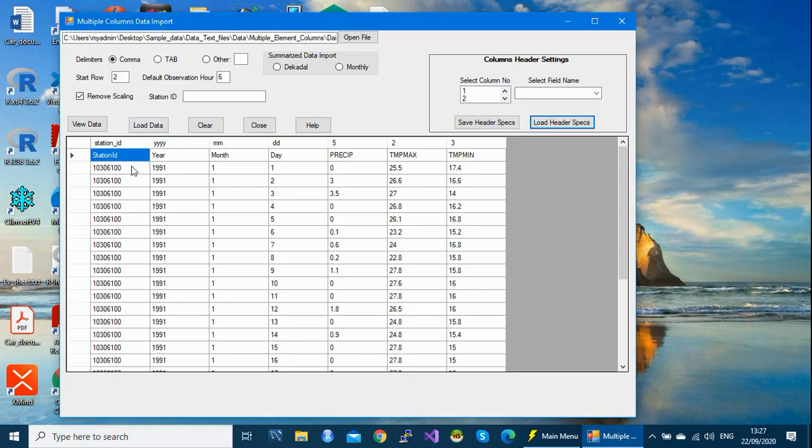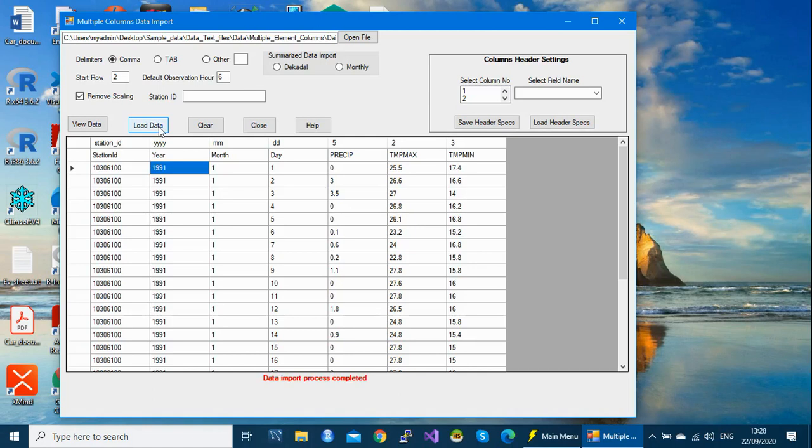Remember, the station is this one, the year is this one, and so on. This will help us check precipitation, maximum and minimum temperature. So, load. This is the progress bar I told you about. That means there is no error so far, and the importation has completed.